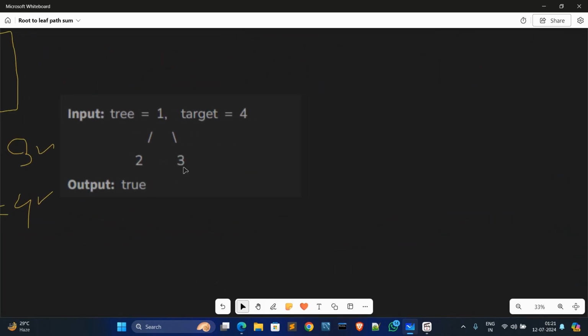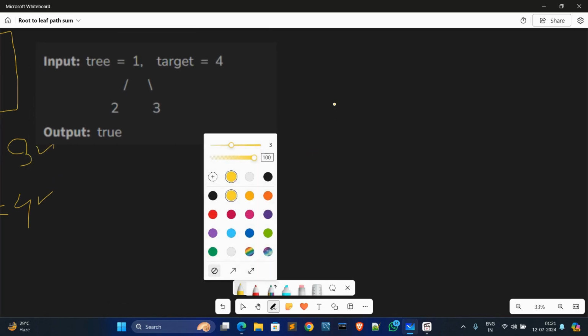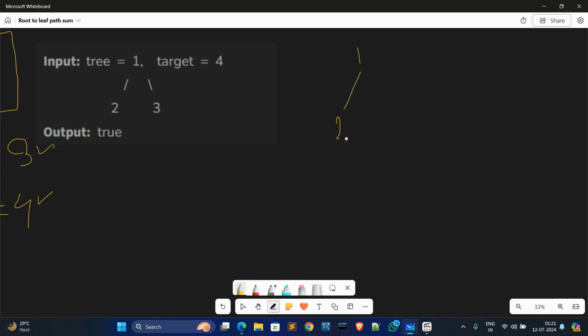In the next example, we are given this binary tree. First of all, draw it: 1, 2, and 3. Now the target is 4. This is the root node, and these are leaf nodes. Now how many paths do we find from root to leaf?